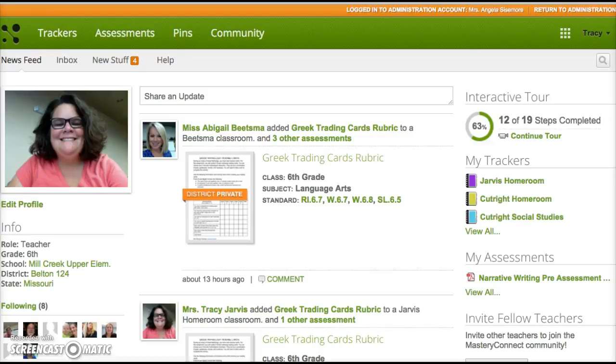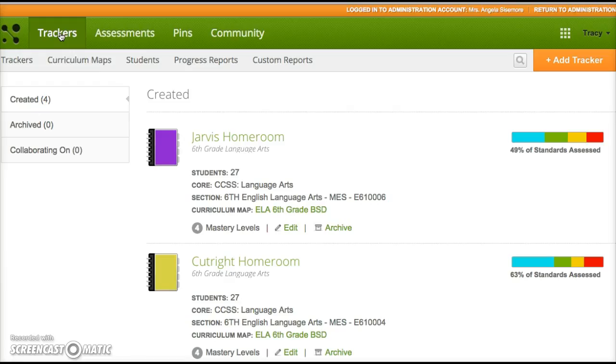Okay, I wanted to show you how to do some cleaning up in Mastery Connect. I am in Tracy's account right now. What we're going to do is everyone is going to want to go into the trackers. And once you are in your trackers, you have some options here that I want to make sure that you're